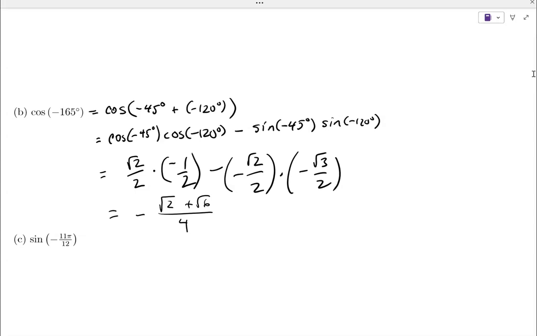I can factor out a negative sign and put it in front of the fraction. Again, I do not care if you do this last step. You can leave it in that previous step. That tells me you know how to do the problem. The rest of it's arithmetic, and I don't care for purposes of what we're doing. Generally speaking, I do care about the arithmetic, but that's not the focus of the problem. Is that okay? All right, so again, using the sum formula here is a matter of rewriting the angle you're given